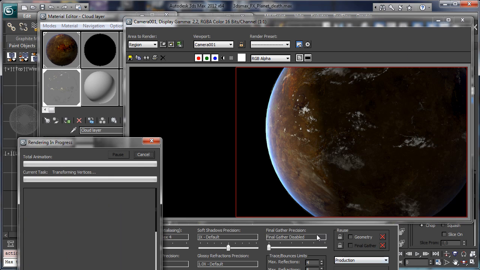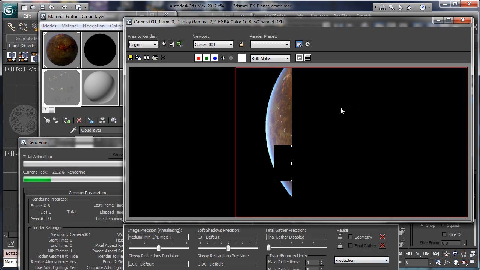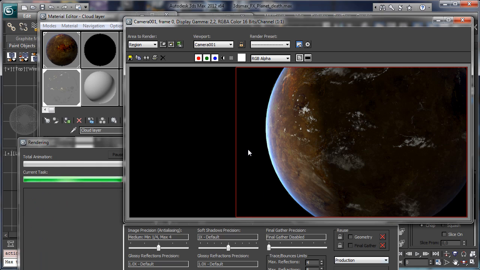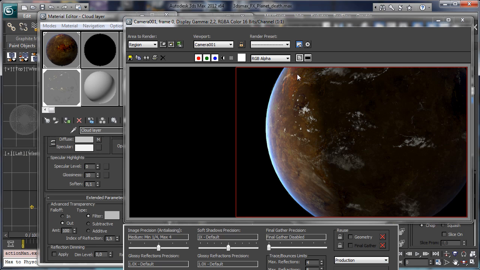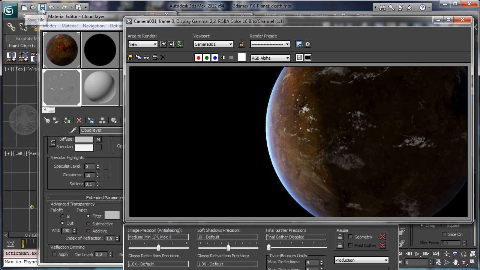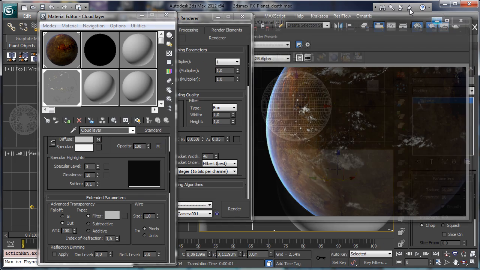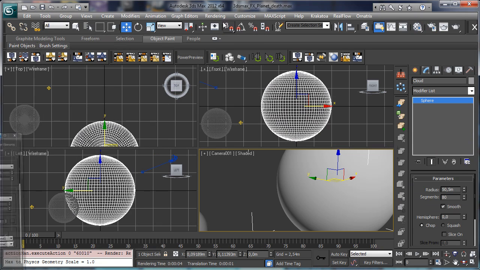Okay, let's do another test render. Okay, this is not bad. We see nothing so much there, and we have the planet there, so that's a really interesting look. Let's close, and let's have a